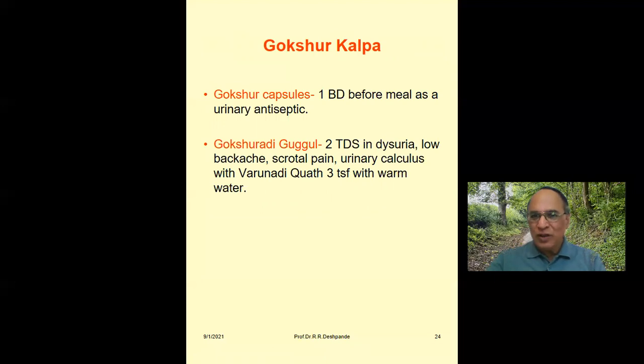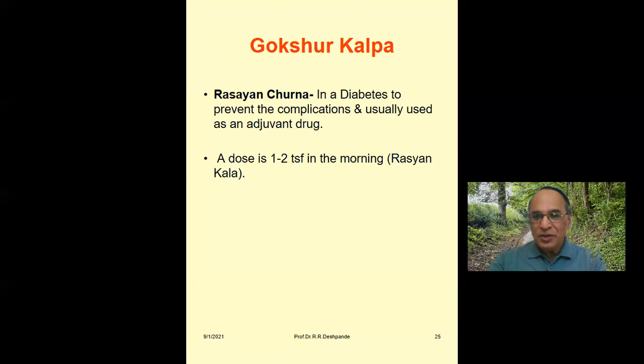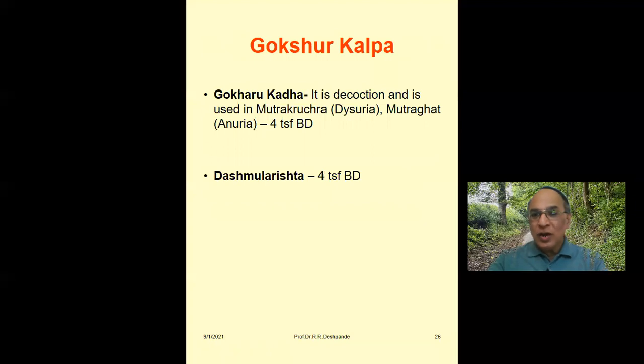Different products of Gokshur, Gokshur kalpas. Number one, Gokshur capsule is available. One in the morning, one in the evening before meals as a urinary antiseptic. Gokshuradi Guggulu, you can use 2 tablets 3 times a day in conditions of dysuria, low backache, scrotal pain, urinary calculus, with Varunadi Kadha 3 teaspoons with warm water. Rasayana Churna, as I have mentioned, can be used in diabetes to prevent complications and is usually used as an adjuvant drug. The dose is 1 to 2 teaspoons in the morning in the Rasayan Kala. Gokshura Kadha is also available. It is a decoction and is used in Mutrakrichra, dysuria, Mutraghata, that is anuria, 4 teaspoons with an equal amount